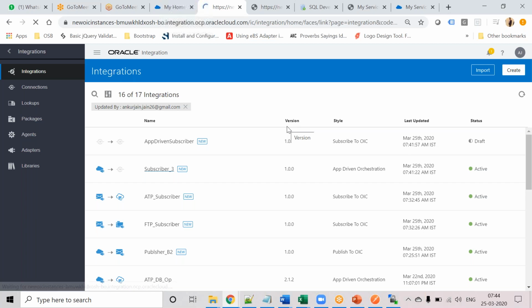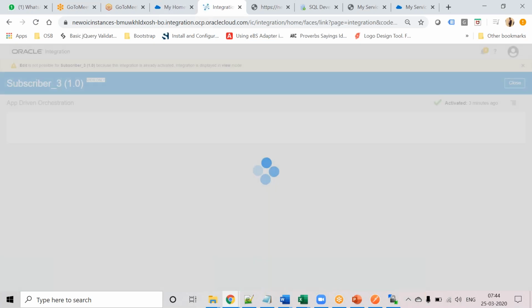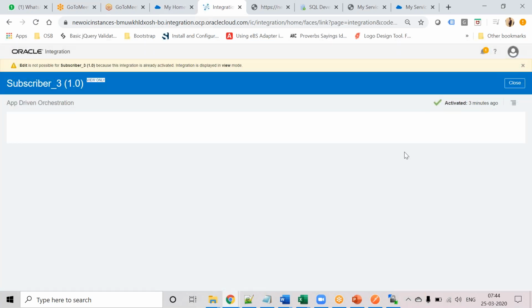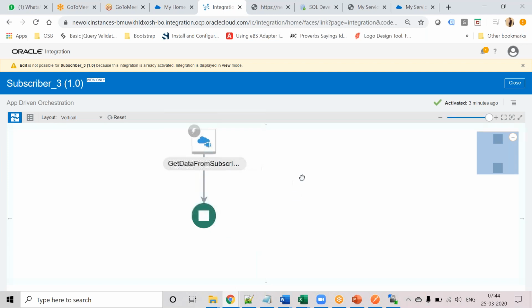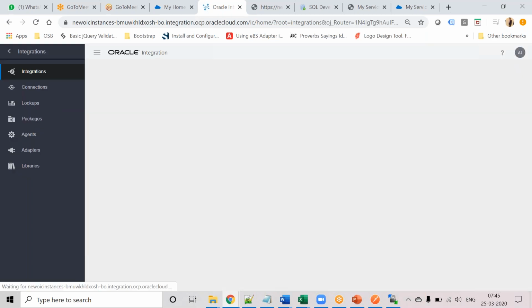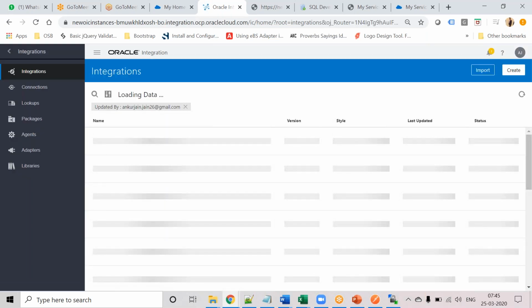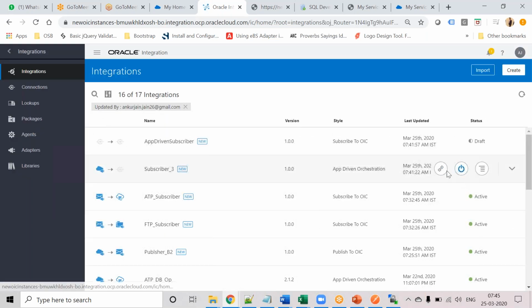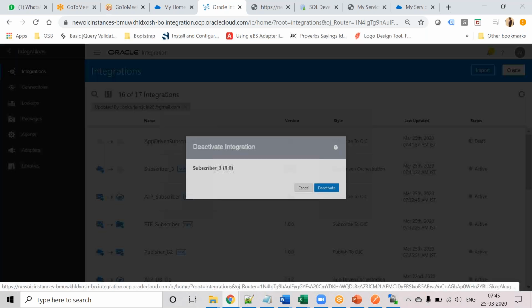Okay, so here I want to do this. Oh, it is activated, so let me just deactivate this. I will show you the exception handling part over here. I will deactivate this first of all,